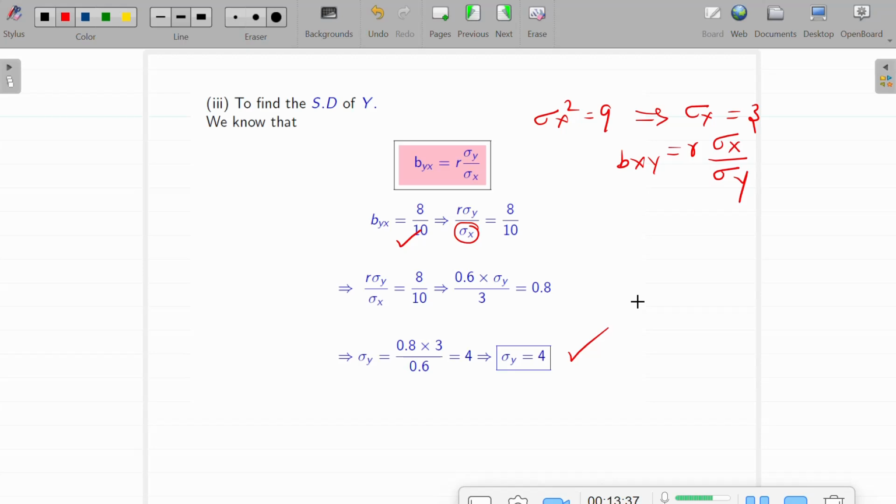And the next one, they asked to find the correlation coefficient between the given values x and y. So we used both the regression lines and we computed the correlation coefficient. And finally, they are asking us to find the standard deviation of y, which is also done. I hope this is very clear. So let me move to the next problem,